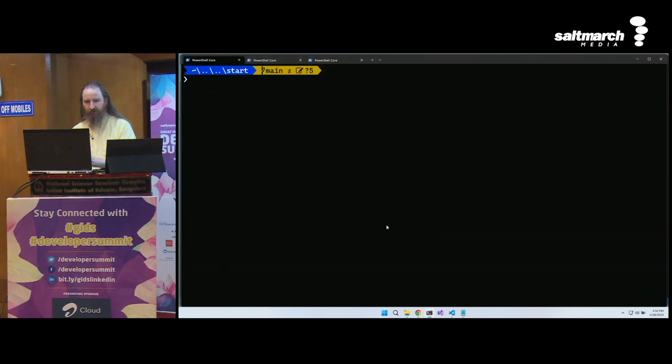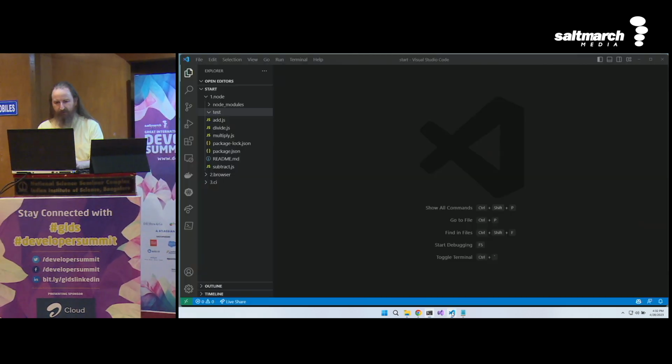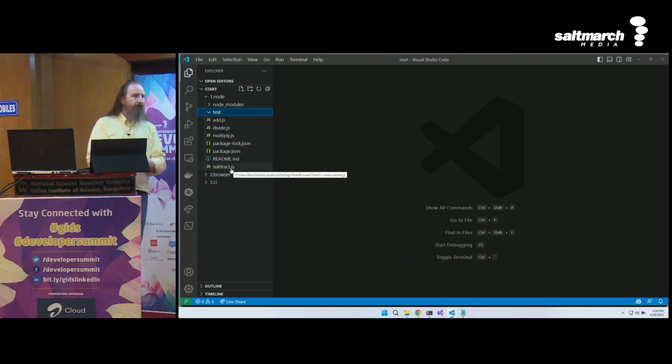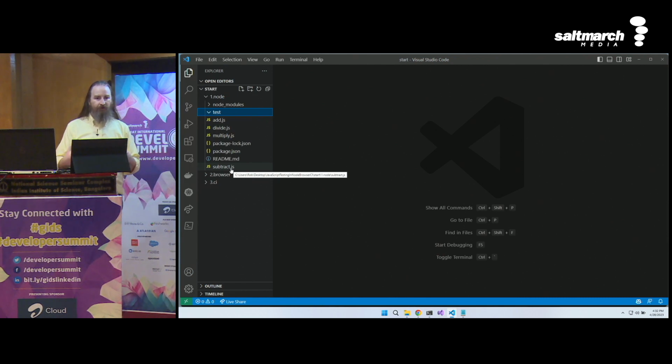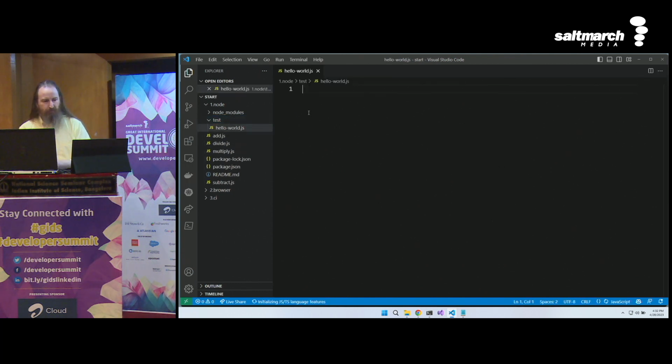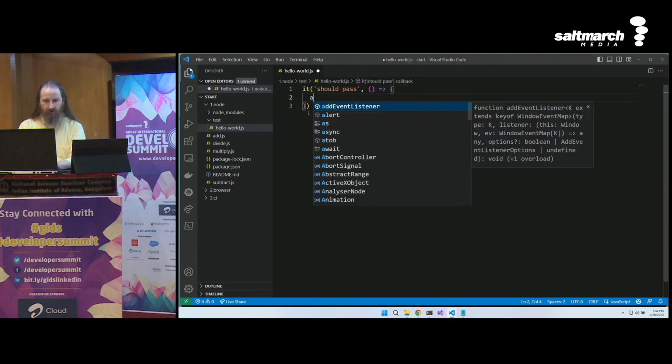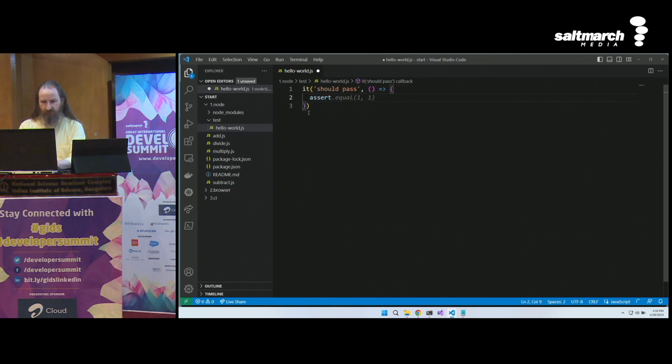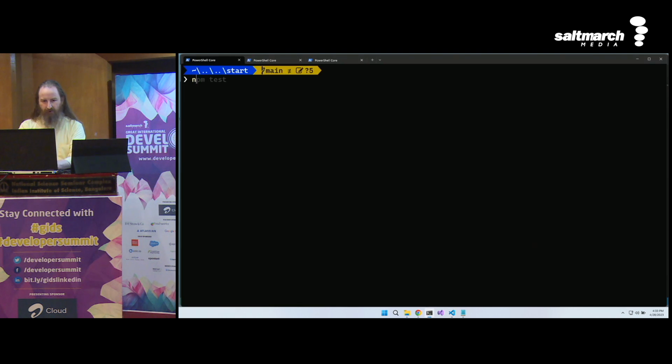So let's dig into JavaScript. So I'll pull up this folder here, and we start talking about how quickly can I generate my first test? Time to first it. So let's pop open this, and we'll create a new file, hello world.js, and let's build a test. Should pass. We'll create a lambda, or we could create a function, and then we could say assert, hey, assert true and reason. Well, we do need to pull in assert, so let's import assert from assert, and we have our first test. Let's npm test, and